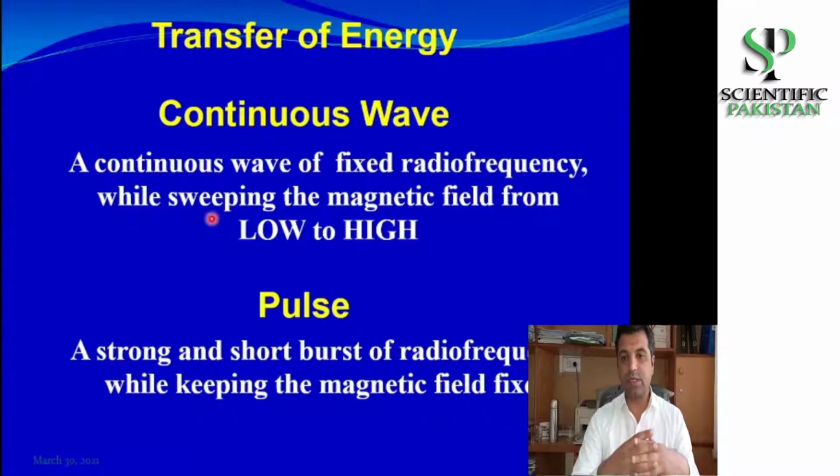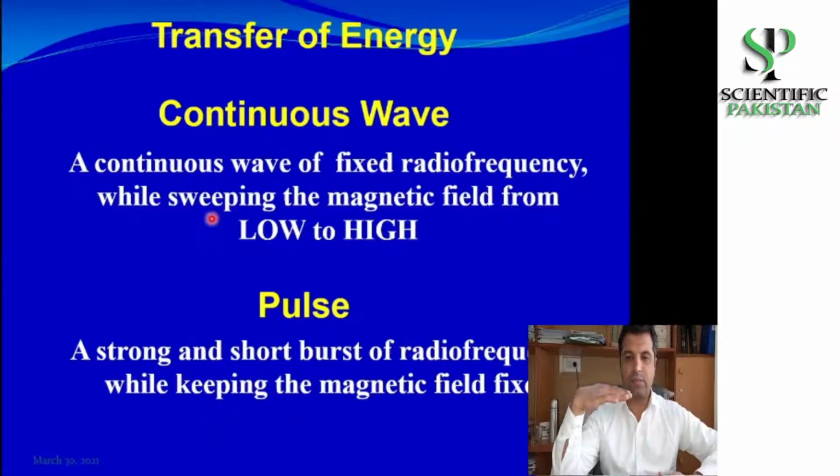The result is a frequency domain spectrum in which every different type of proton, those having different Larmor frequencies or resonance frequencies, is excited one at a time. As the field increases from low to high, the Larmor frequencies increase, and because you have kept the radio frequency transmitter at a fixed frequency, as soon as the Larmor frequency matches the radio frequency coming out of the transmitter,